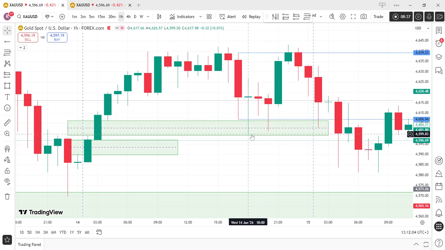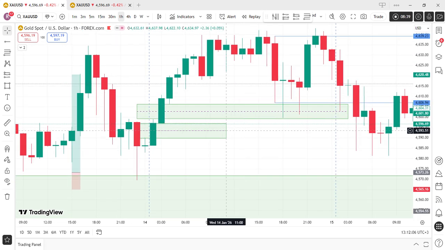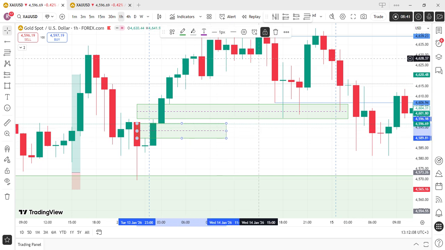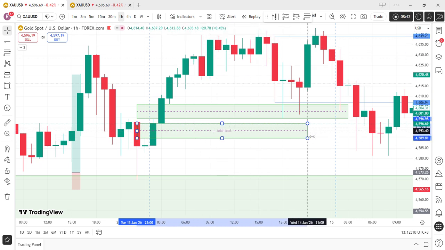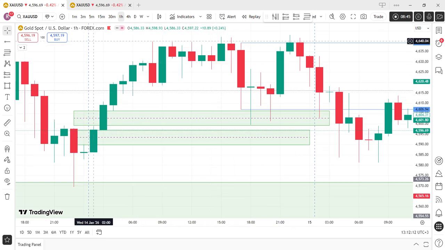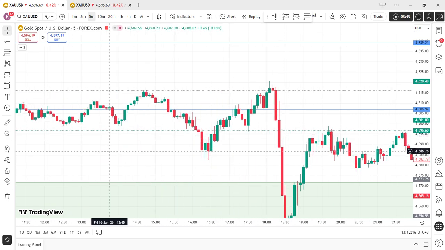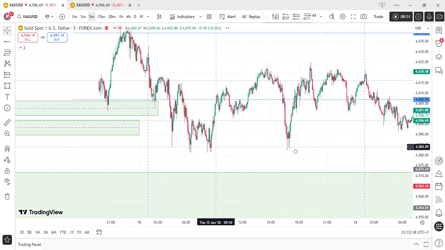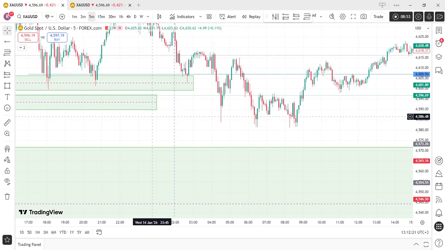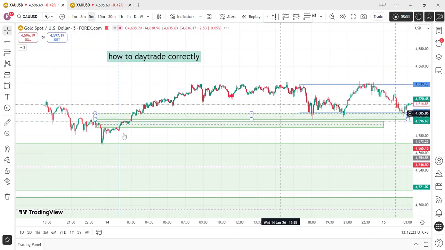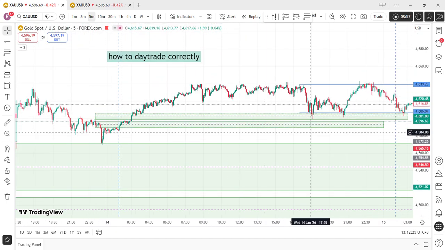So you don't just enter like this, because the market might be interested in tapping this lower gap as well. You see this one here, this one. So what do you do? You now switch into a lower time frame like 5 minutes. Let's find where it is. Let's see 5 minutes. We look for a displacement or a fair value gap that has been created in our direction. Where is it? Here we go.